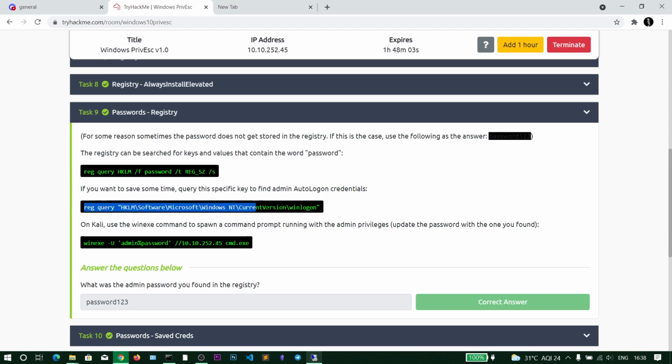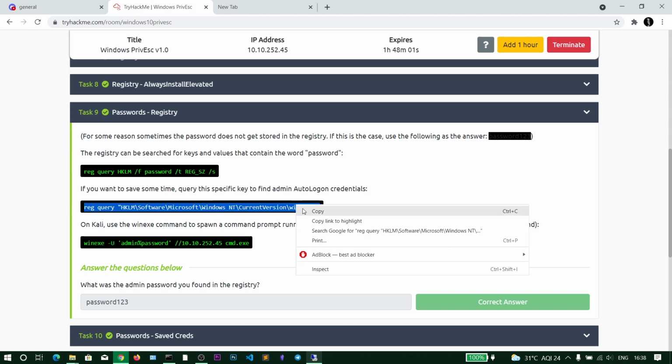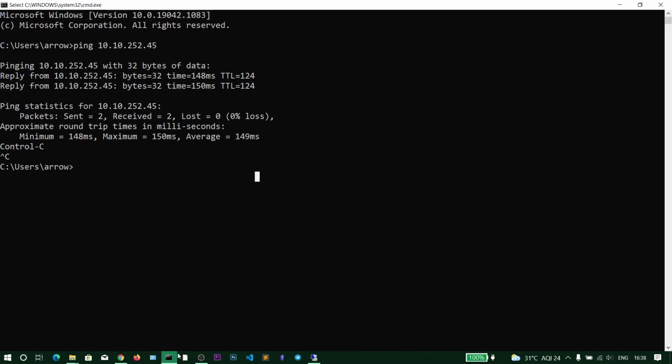So let's try this one. We are checking for auto login credentials.